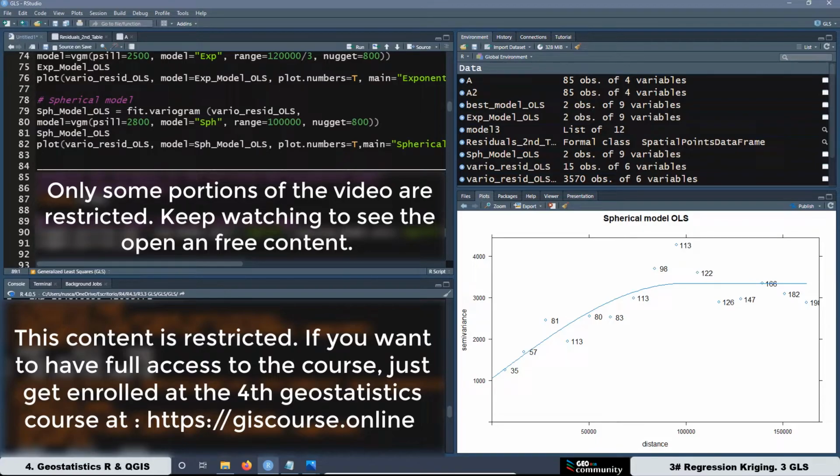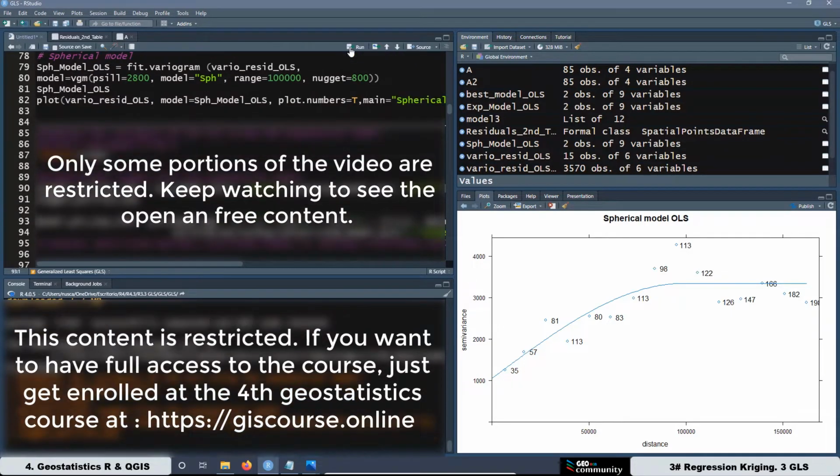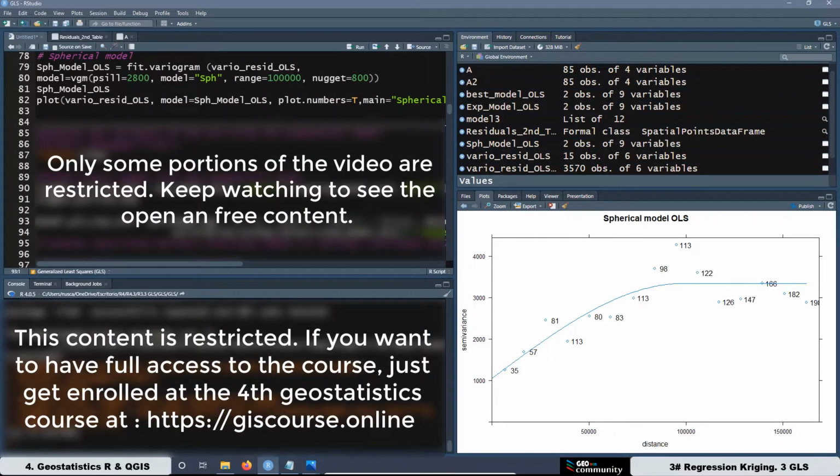Then we can run this line. Let me go down with this one. We can run this line. And the value for the relation is 25.5%. Now we are going to calculate the residuals for the generalized least squares, adding first the second order trend